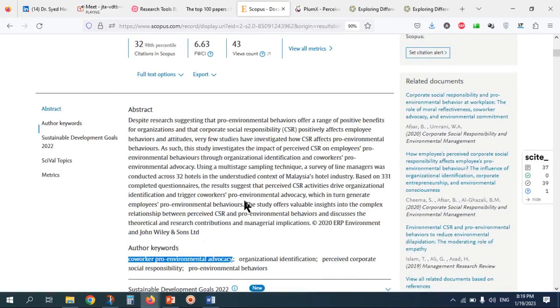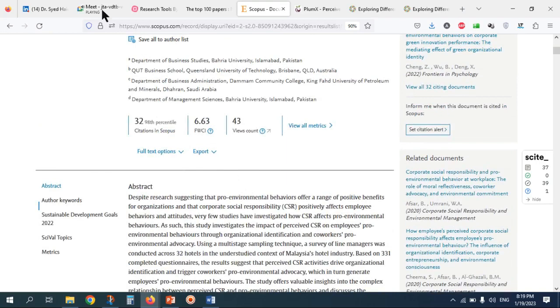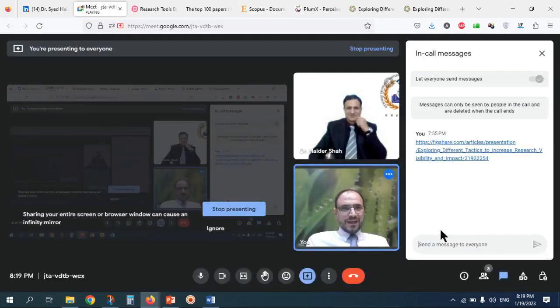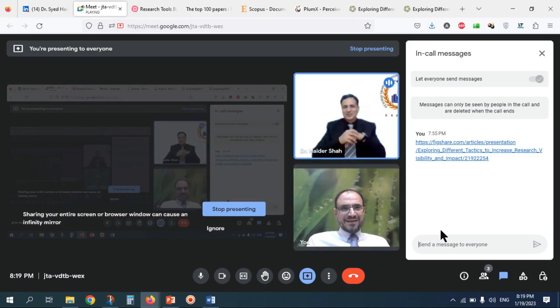Okay, do you know what is the best keyword set for a paper? I am asking Dr. Haider. The best keyword set. The best keywords, Prof, are those which are frequently being researched by different researchers, particularly because these are the words that will show up in SEO quickly. So I think we should go for the keywords which are being searched so frequently, because our paper will come up instantly for that. So that's why keywords are very important from that perspective.